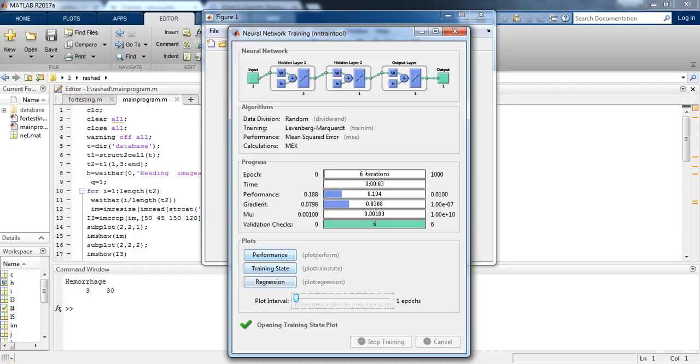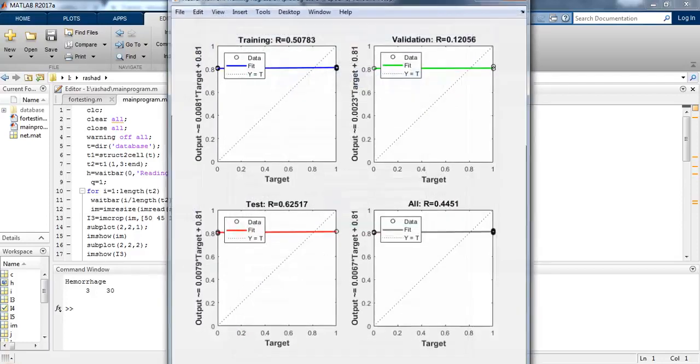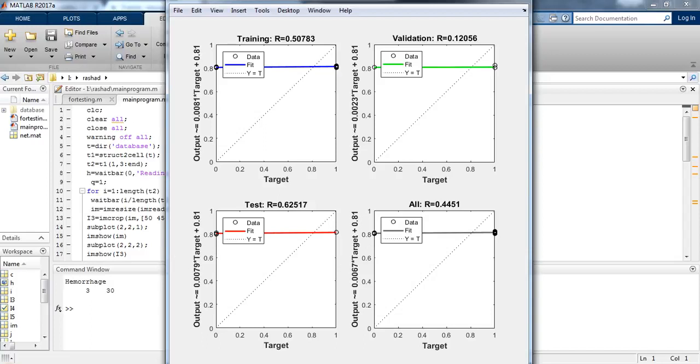Now let's plot the regression. This is our regression plot.